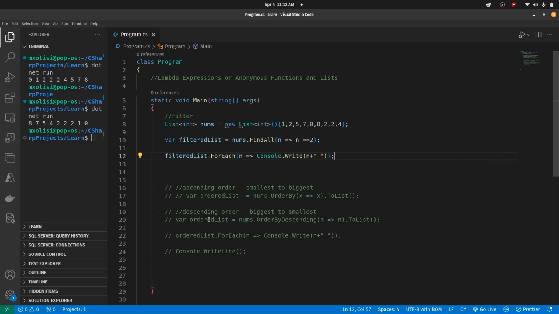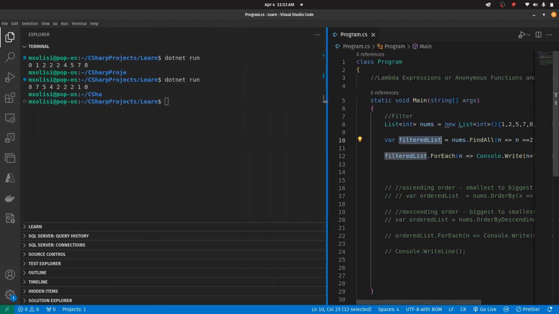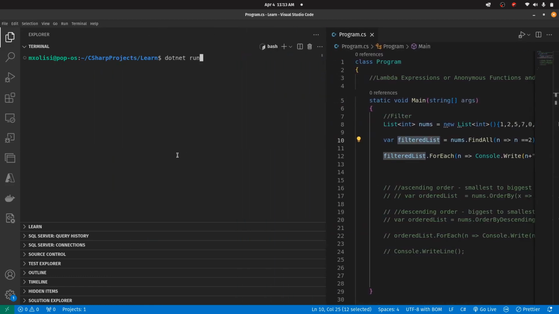Okay, and that's it, right? So now I have filtered the list according to 2's, right? So I'm only gonna get a list that consists of 2's in the filtered list. So let's actually print this out and see. Okay, so let me just clear that. So if I run this now,